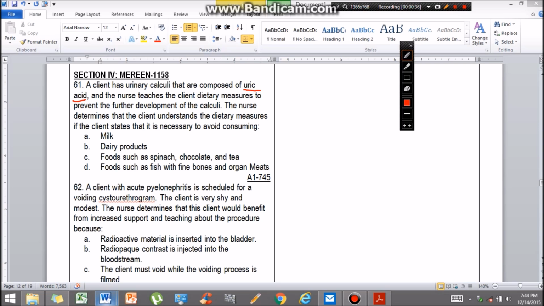The answer here is D, because of the words organ meat, fine bones, and fish. This food is high in uric acid. Okay, while these three, A, B, and C, are high in calcium, which is contraindicated if the calculi is made up of calcium. But since it's uric acid, that's the answer. Next,